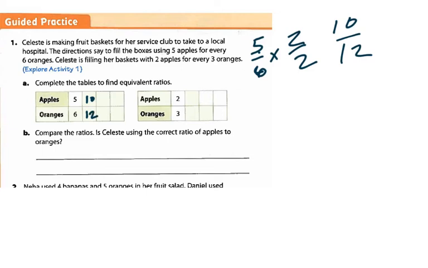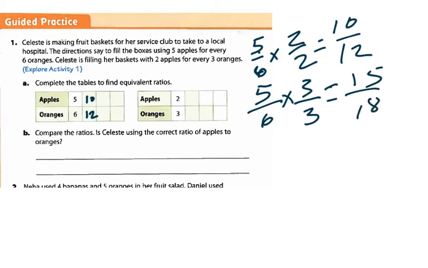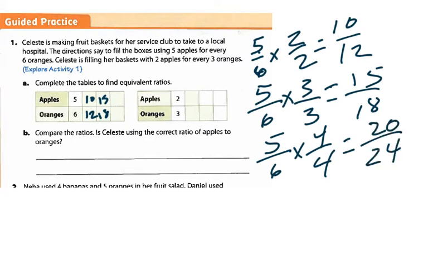twelfths. Then I'm going to take 5 over 6 and multiply that by 3 over 3. And I'm going to get 15 eighteenths. That's my next one. And then I have 5 over 6, and I'm going to multiply that by 4 over 4. And I'm going to put 20 over 24